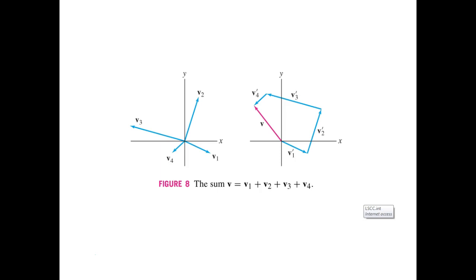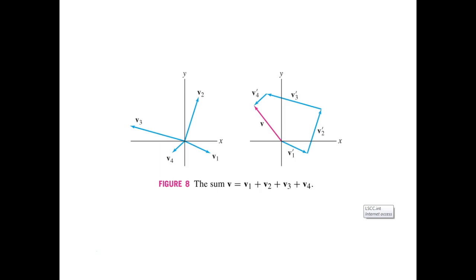So why change the name? But this V2 is equivalent to this V2 prime. So maybe just for the equivalence. This V3 is equivalent to that V3 prime, and then this V4 is equivalent to that V4 prime. Okay? So your resultant,